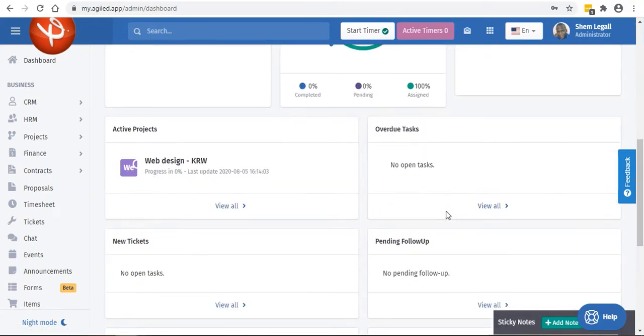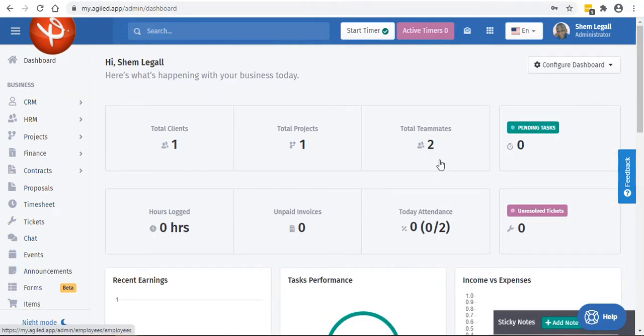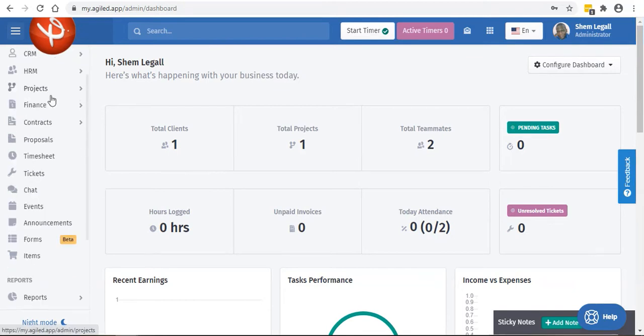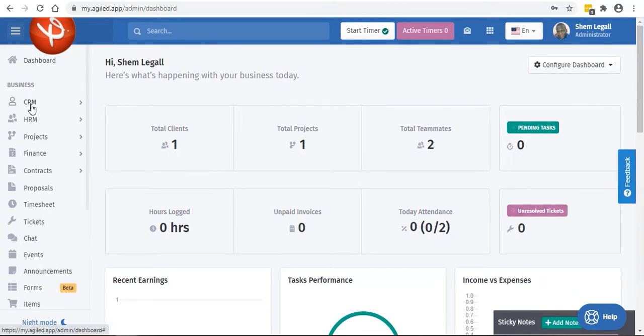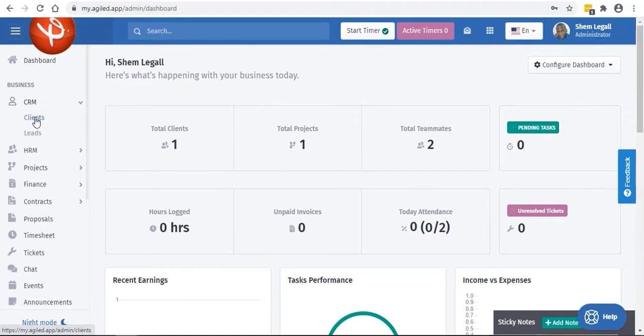What I like about it is how easy it is to understand, right? So as with most systems, you can hide or reveal the main menu here, and this top bar gives you that timer so that you can of course set times for different projects. All right, and so on the left side you can see the CRM,